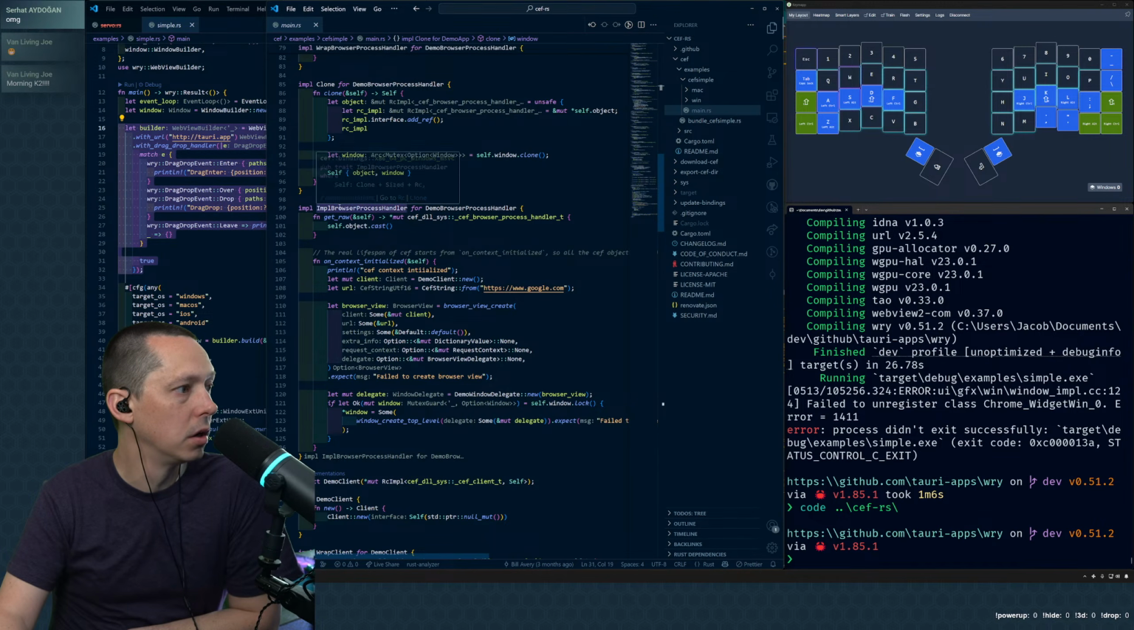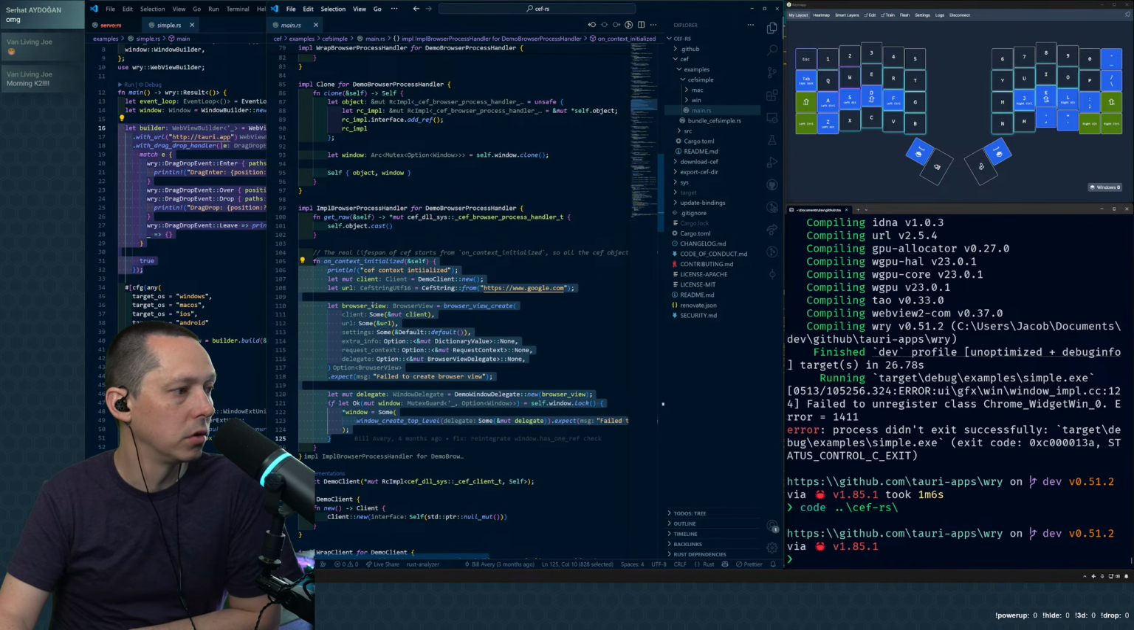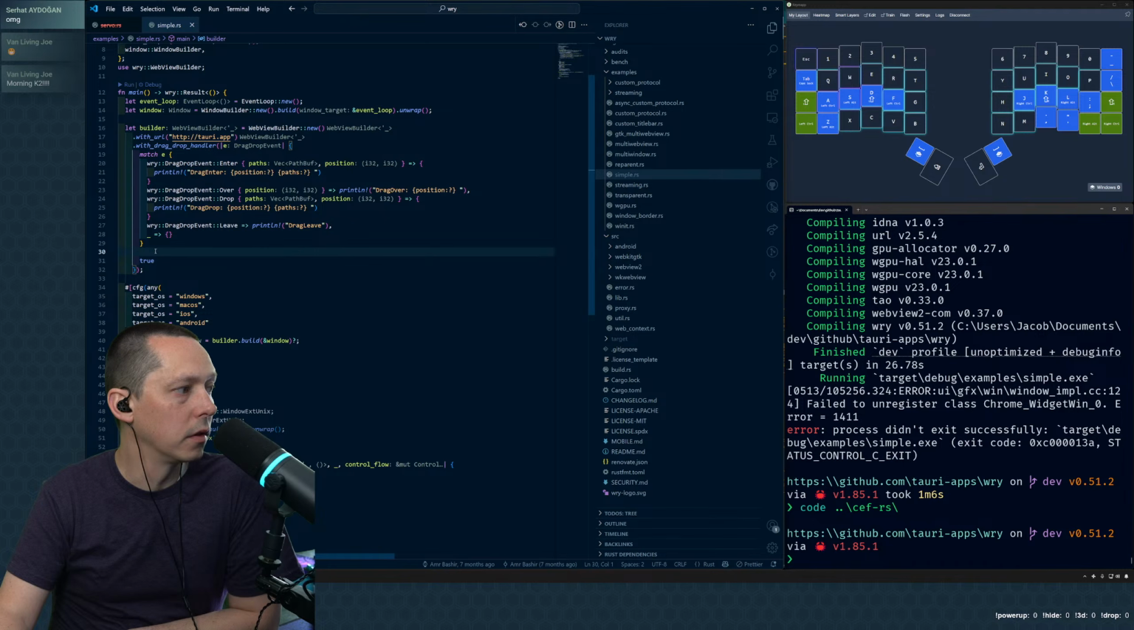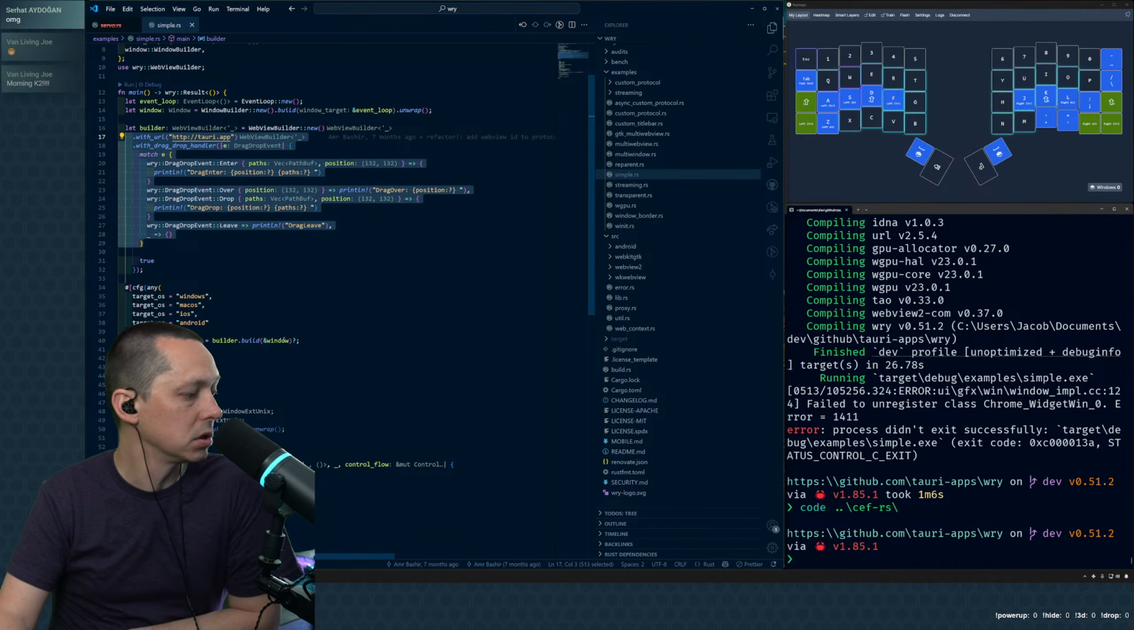So here's a demo browser process handler, get raw. So on initialization, we render google.com. And all of that is basically doing what this is. So